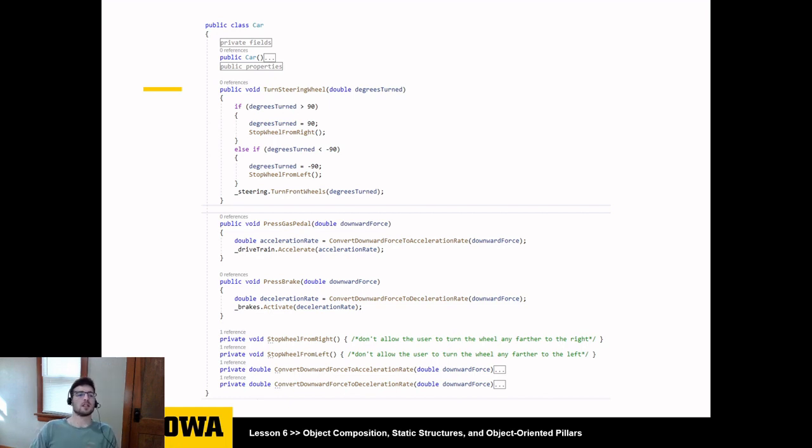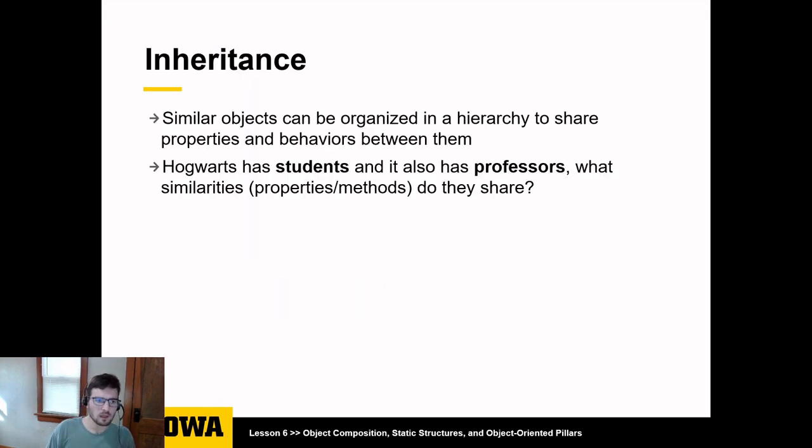Okay, so our abstraction for the functionality of a car is these three methods, right? The three methods we marked as public. Okay. Next idea here is inheritance. So the idea of inheritance is that similar objects can be organized in a hierarchy to share properties and behaviors